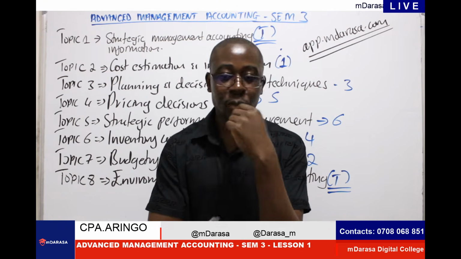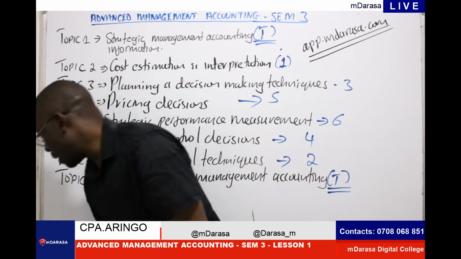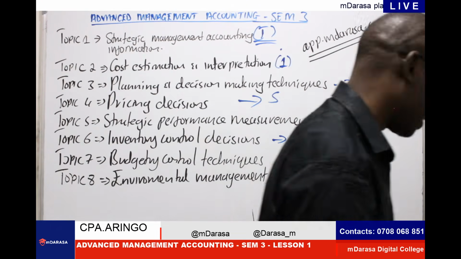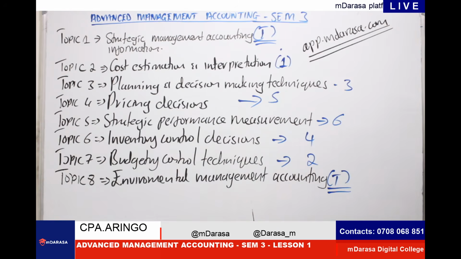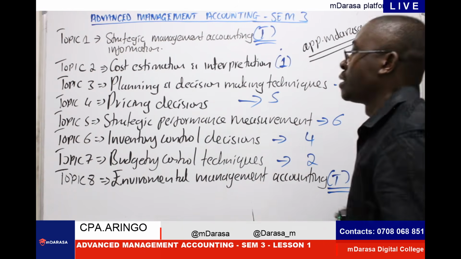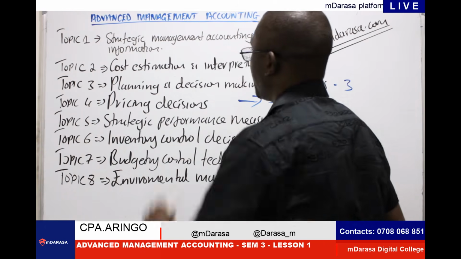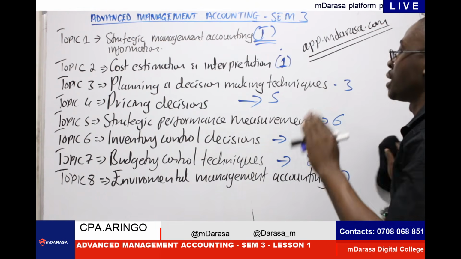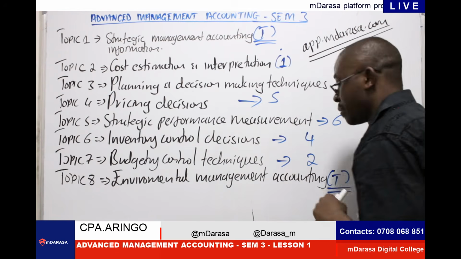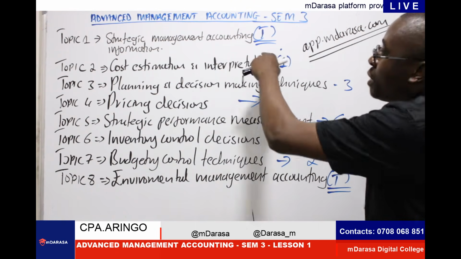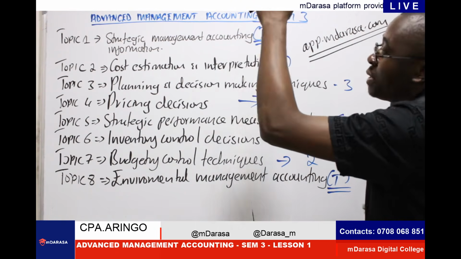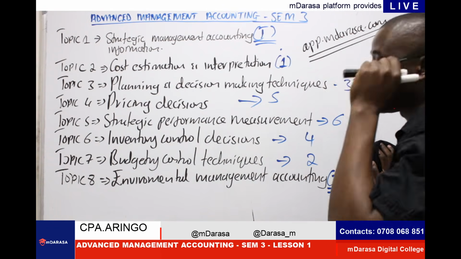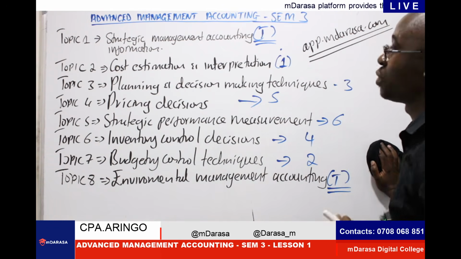So, Mwalimu, because it is our first class, can we end it here? No. After looking at this intro part, I want us to jump straight and start working. So at this point, we are looking at cost estimation and interpretation. That is what I want us to start with from this segment. I'll share topic number 1. Actually, I'm just sharing it in the group right now. I'm sharing topic number 1 and topic number 8 so that you can start going through these notes in advance.